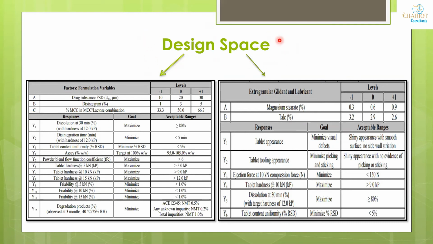Design space means, based on your prior knowledge and your risk assessment, what trials you are going to do. So this is your design space, and the software we are referring to is design of experiment. But we will not discuss that software because the conversation will get very lengthy. But what are the things that we need to input in it? Basically your levels we need to put, your goals you need to identify, and your responses you need to put in the software, and then the results that you will be getting.